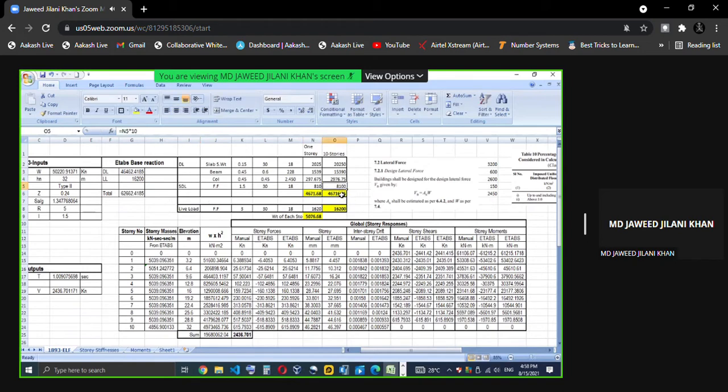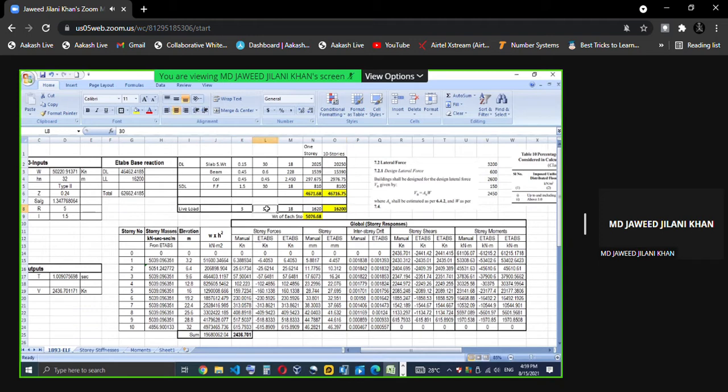Now you can see the total load per one story, and for all the stories, I have added the total dead load here. So this is the total dead load I am getting. Live load, which is not floor finish, this is the live load. So live load, we have given 3 kN per meter square.